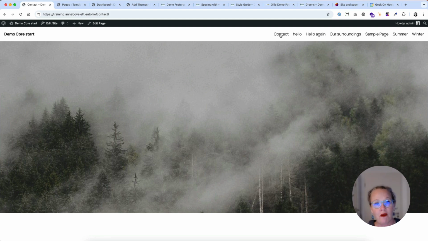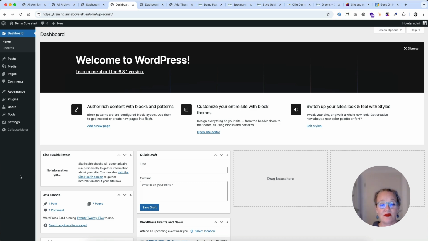And here's where your power comes in, because maybe that's not what you wanted. Maybe you want the summer page and the winter page to have a different template, because maybe you want to add spring or autumn or whatever, and you don't want to reinvent the wheel, because reinventing the wheel takes time. Okay, so let's create another template. Now, if you want only certain pages to have a completely different header and not all pages have that same header,